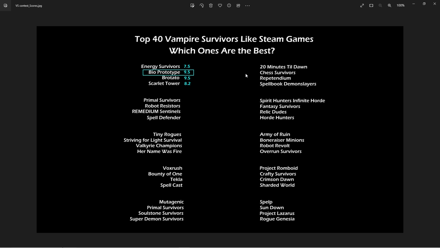But I can tell you that Bioprototype, Brotado, 20 Minutes to Dawn, and Repetendium, all four of these games are well worth their money and well worth you going out and purchasing right now. 4 games out of the 10 are, in my opinion, must buys. If you like Vampire Survivors games, all 4 of these games deserve your money. And then if you love chess, you like more turn-based style games, you're probably going to love Chess Survivors, and